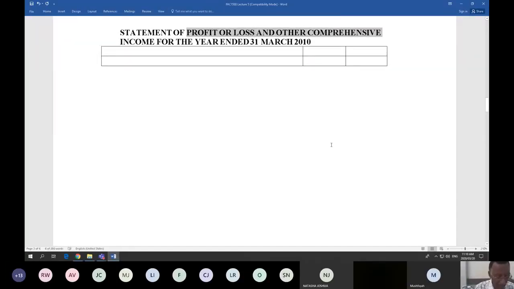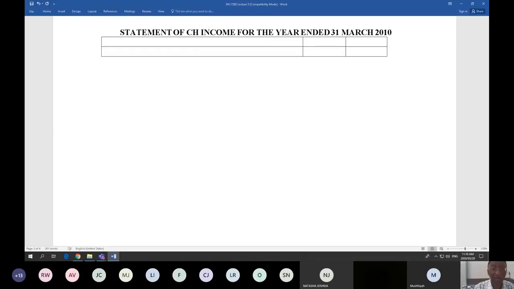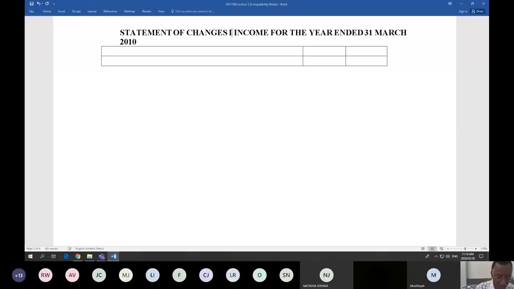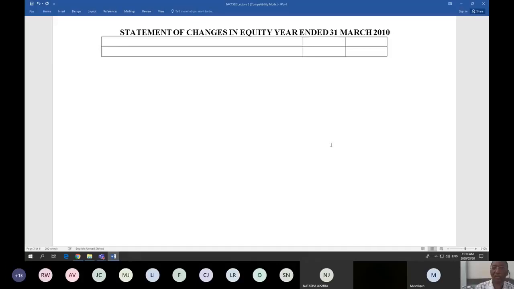Statement of changes in equity for the year ended the 31st of March